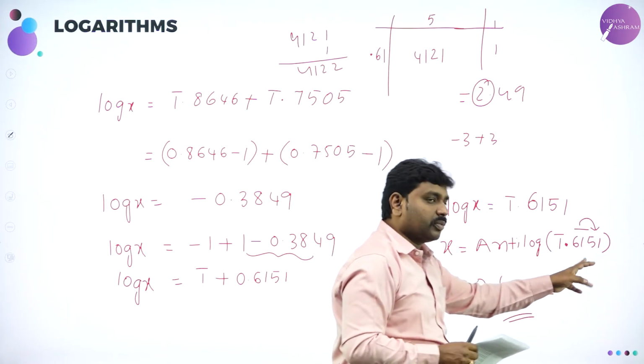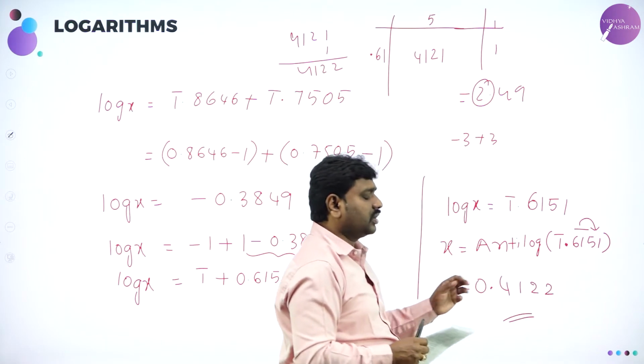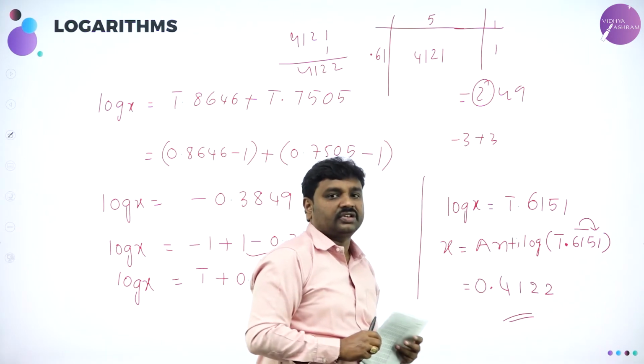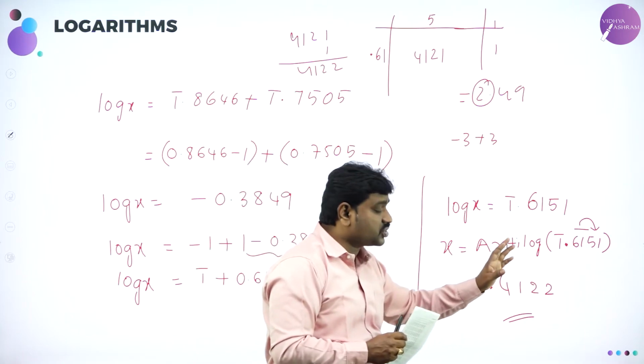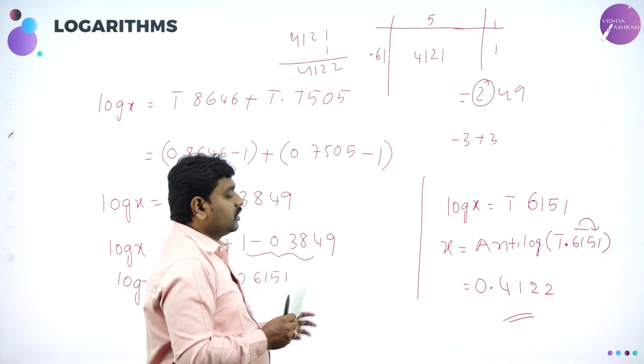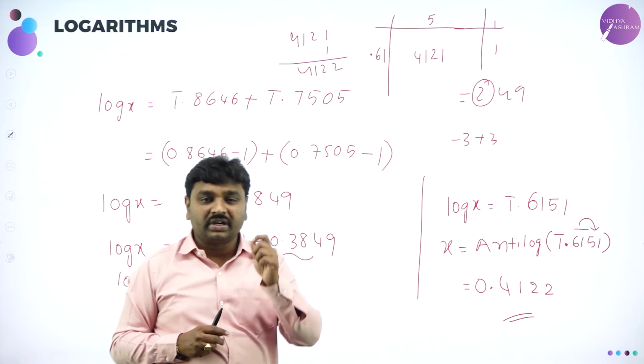Or into 10 power minus 1 you will write, that is this. Or bar 1 means 0 point. That's it. So now we got this. If you use calculator, you will get a value nearest to this. So I'll repeat the whole process. Please pay attention.